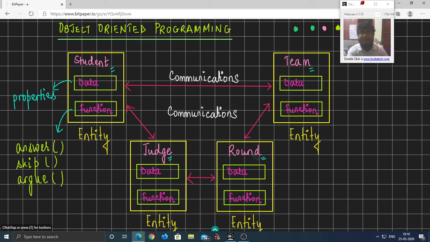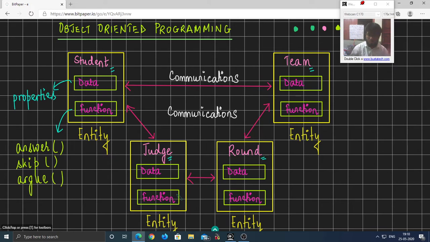Moreover, every round would have the information of the teams and the judges, right? So these objects communicate with each other and act as a cohesive unit to make up your quiz competition program,